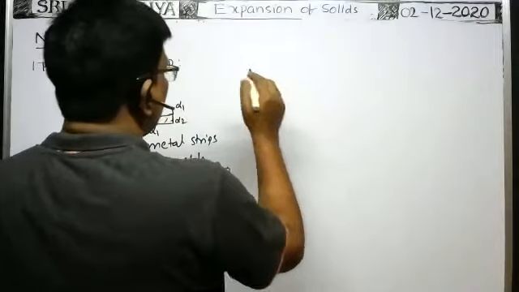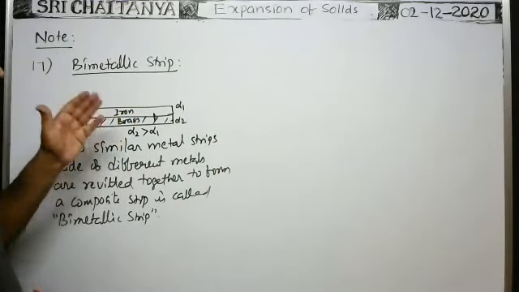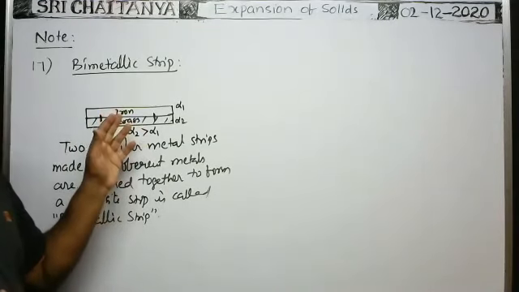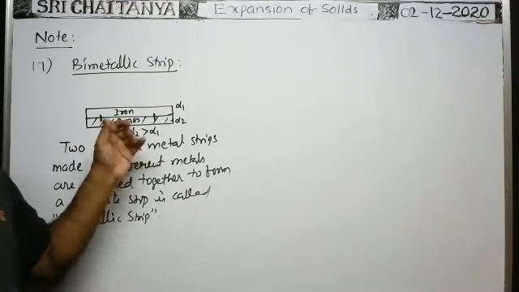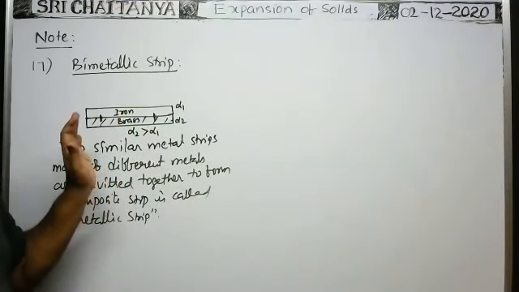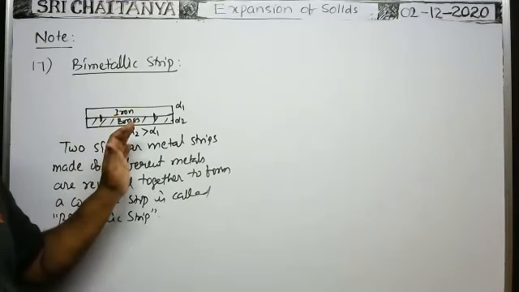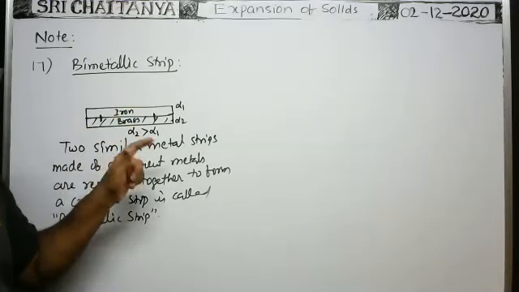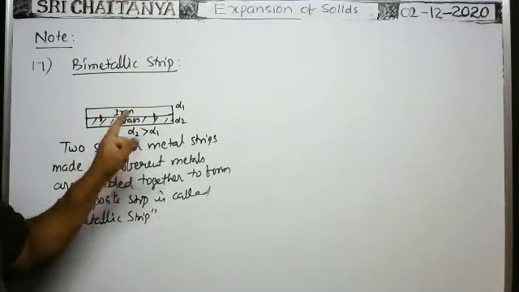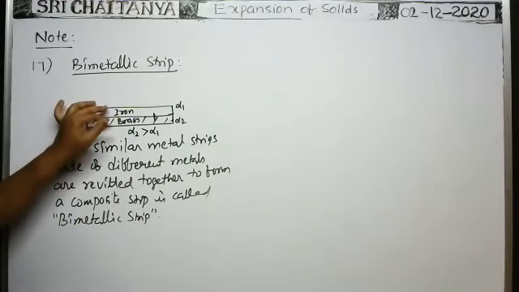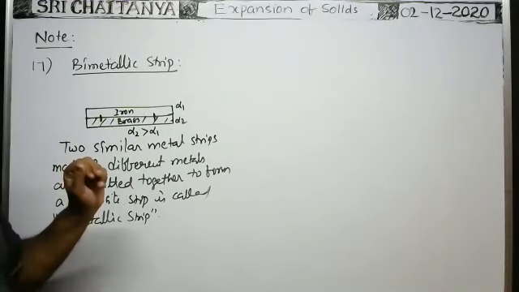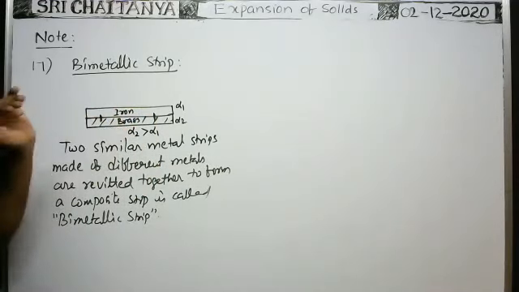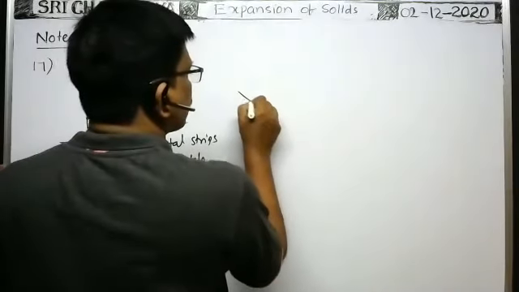Now, whenever the bimetal strip is heated, which metal expands more upon heating? Both are heated by the same rise of temperature. When both are heated by the same rise of temperature, which metal piece will expand more if they can expand separately? As brass has more alpha, brass expands more. But is there any chance for the two metal strips to expand separately? No, because they are riveted together. But definitely the length of the brass must be more. That's why the bimetal strip bends like this.